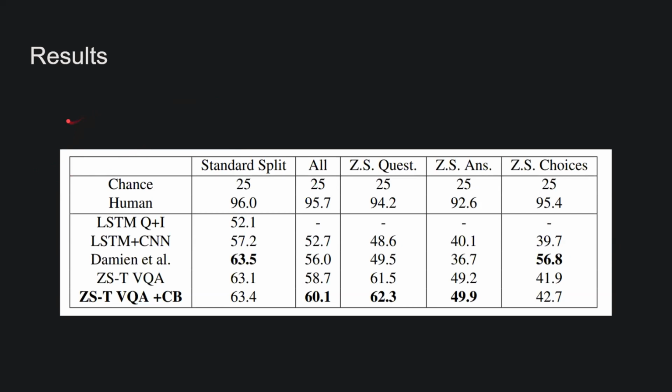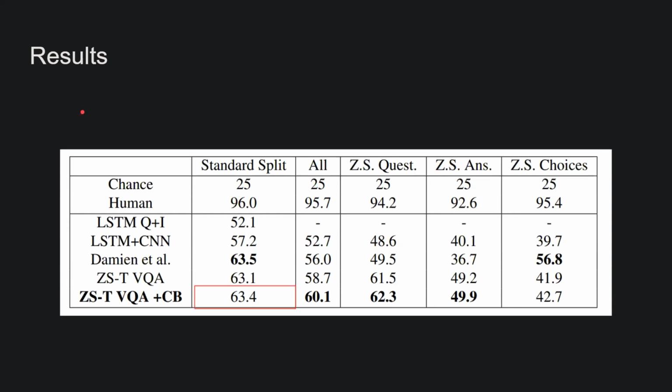Now for our updated results, we were able to train all the models on the Newton cluster, and this is what we got. First, just to set a baseline, randomly guessing an answer should achieve 25% accuracy, regardless of the dataset. For the upper bound, a human can achieve above 95% on normal and zero shot. Then for the CNN plus LSTM counterpart of our project, our model achieved 57.2% in the standard split, while it only reached 52.7% for the zero shot split.